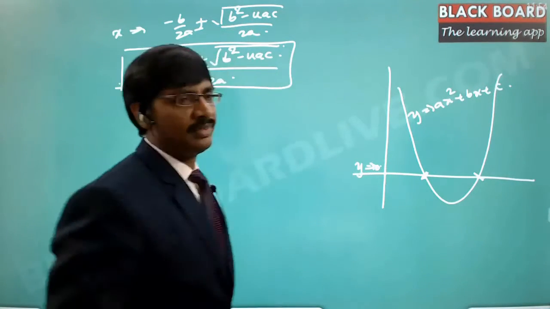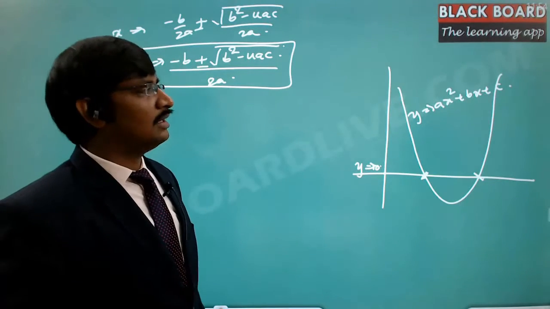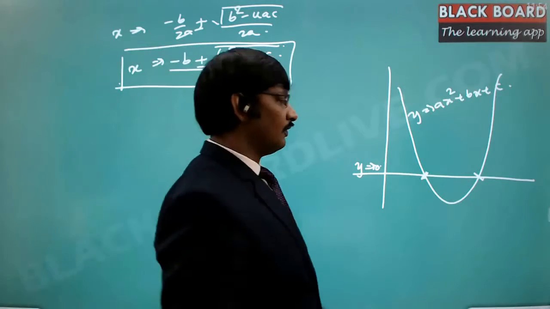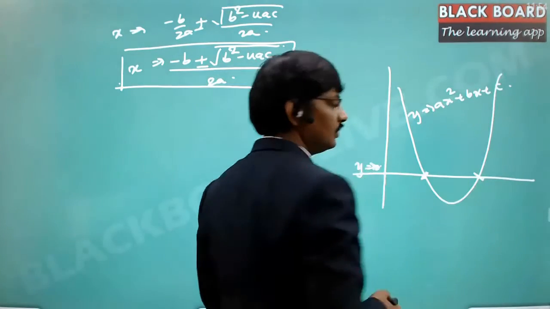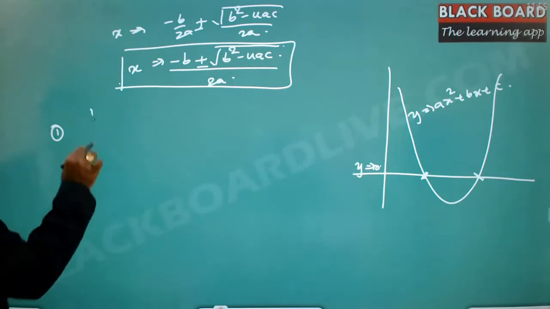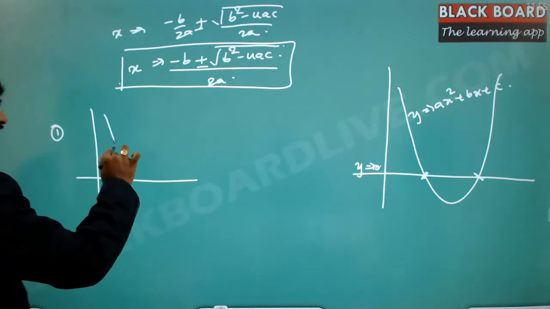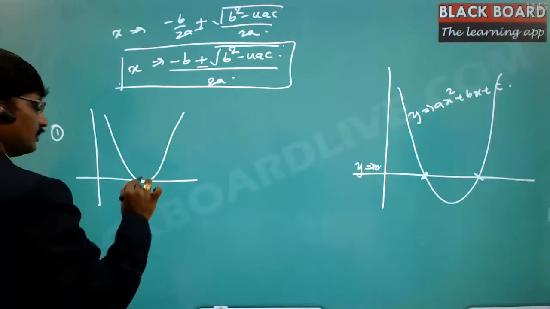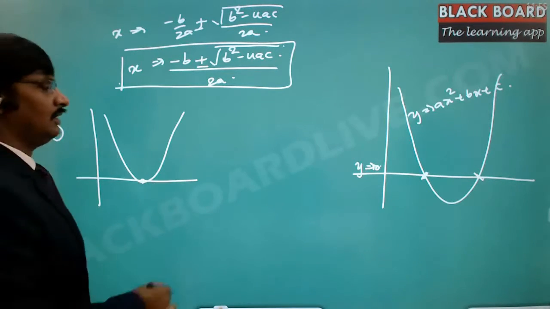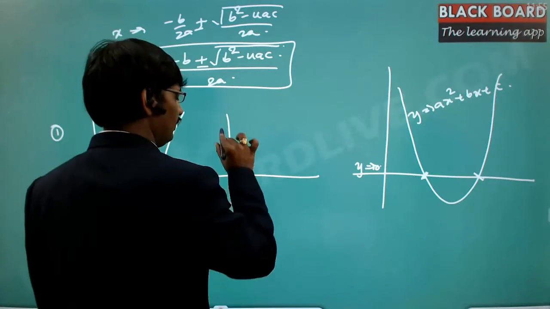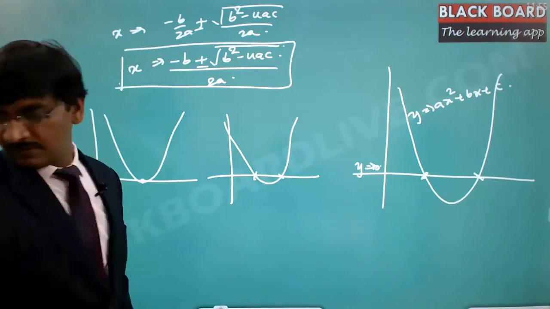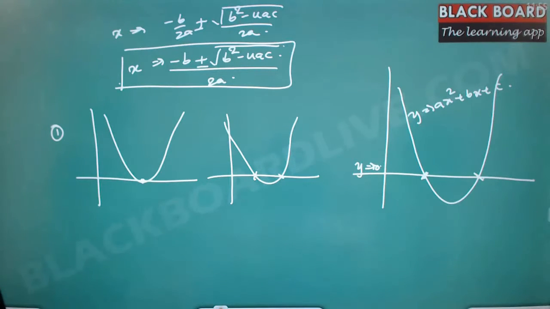Now the parabola, depending upon these a, b, c values, it may be of this kind. So there are three different scenarios you can arrive at. One scenario is, I have a parabola which is just touching this and going away. So it is just touching at only one point. This is also a parabola. And I have got one more case wherein it is cutting at two different places and going away again. So this is another case.